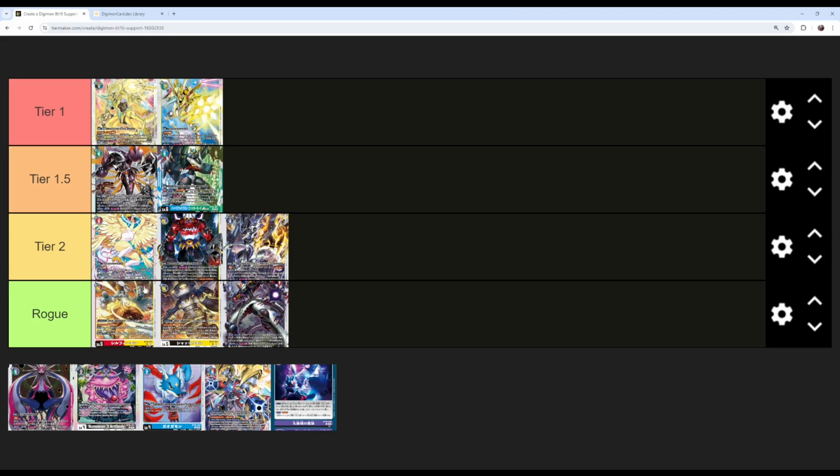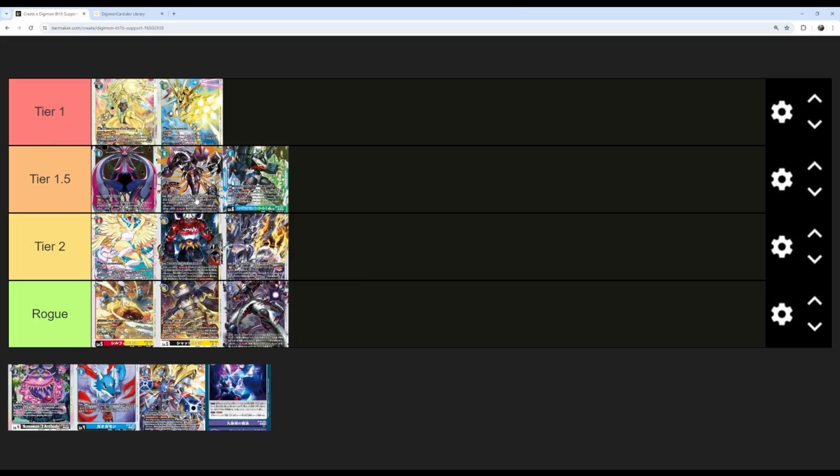You still have the original Davis, you've got the fact that Vmon just has so much support. You've got the promo Vmon, you can play Ukos and stuff, so there's a lot of ways you can mitigate that, and I think it's pretty okay. Terriermon, I think again, if you're playing Rapidmon, the Rapidmon stuff makes it tier 1. So I'll just put this in 1.5 for now, just because I actually do think the Cherubimon stuff